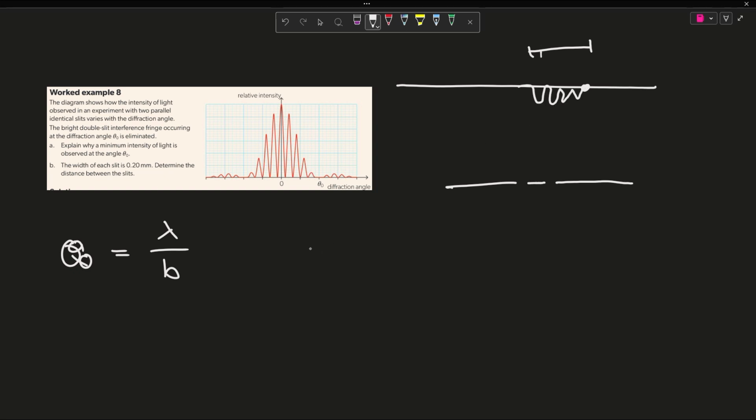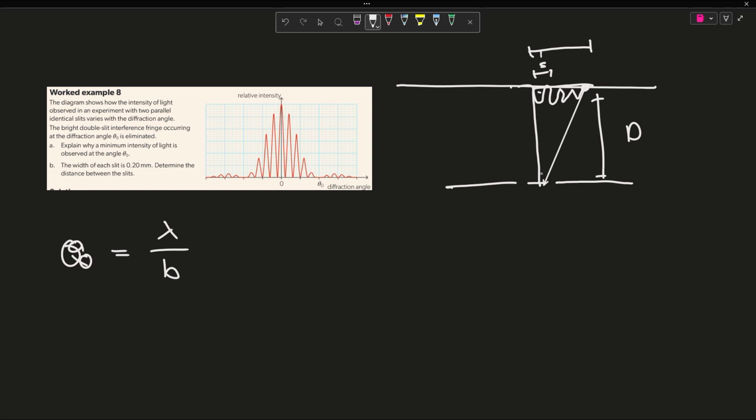So if you just draw the triangle here, we know that this distance is S, and this distance is this big D. So if you draw the triangle like this,